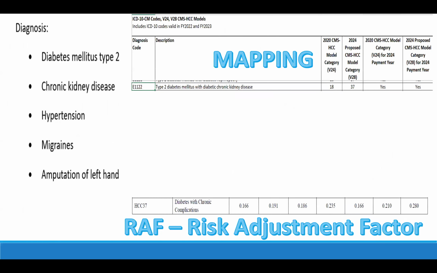So now that we've been through this record, let's talk about mapping, okay? And so let's look at the first condition, diabetes, okay? And so if we code that properly, we have E11.22, type 2 diabetes with diabetic chronic kidney disease, okay? Now, you're going to see, I'm using two different documents, and again, we'll be going through this in later modules to explain more about this,